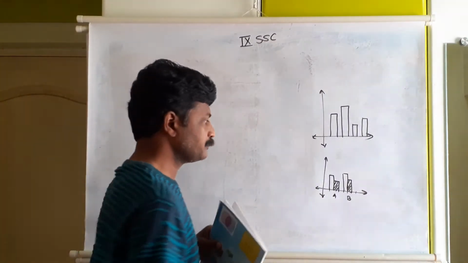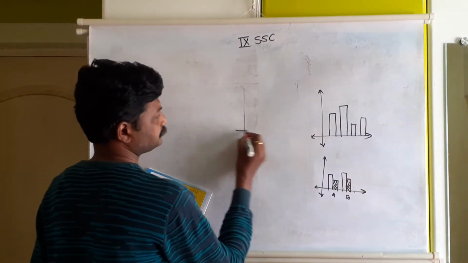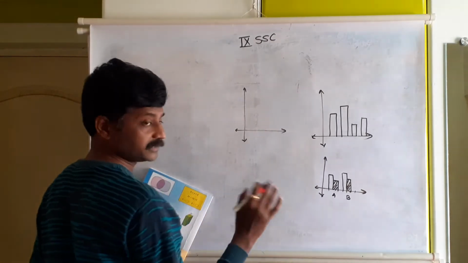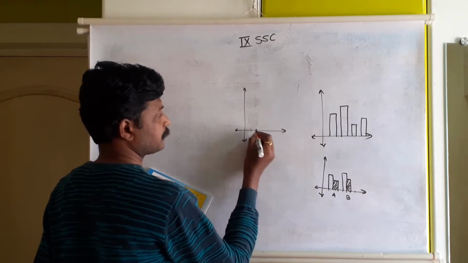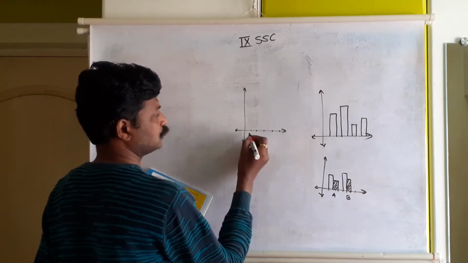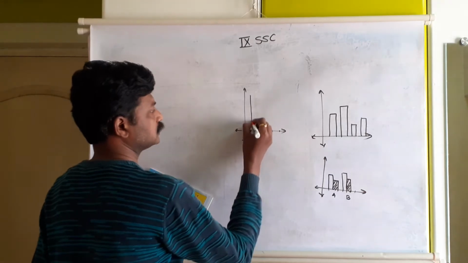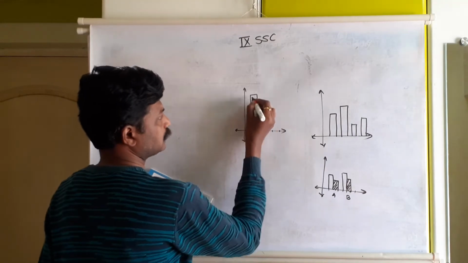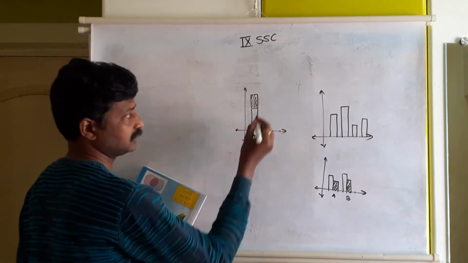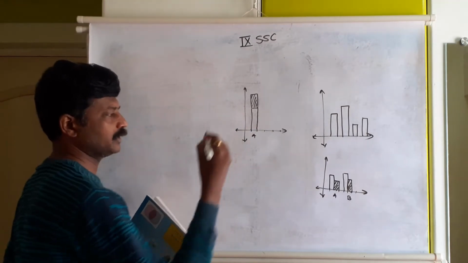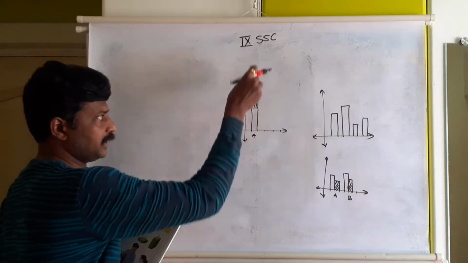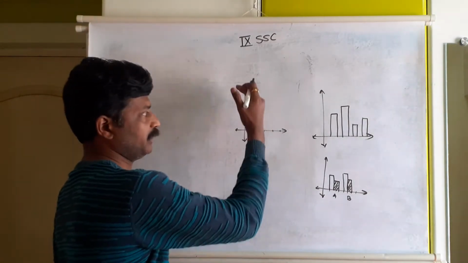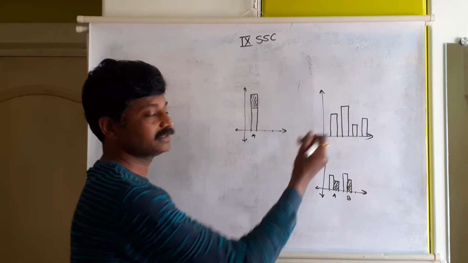Now there is one more, that is the subdivided bar graph. In a subdivided bar graph, suppose this is the same question, division A here, then B, C and so on. For division A, suppose these are the total number of students, and these many are boys and these remaining are girls. Girls are shown by the shaded region and boys are shown by the empty region. So on the same bar, both boys and girls of that class are covered. This is subdivided, this is joint, this is simple.